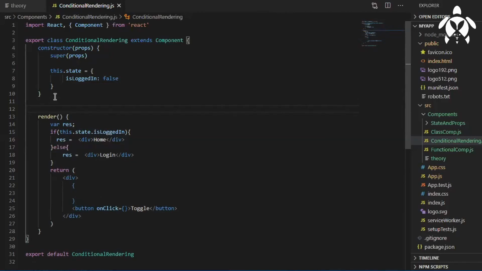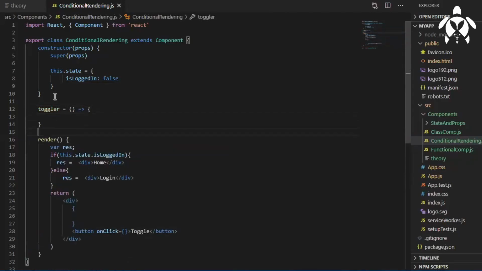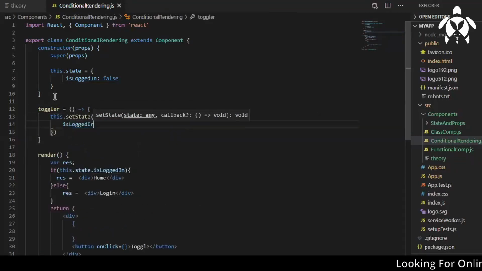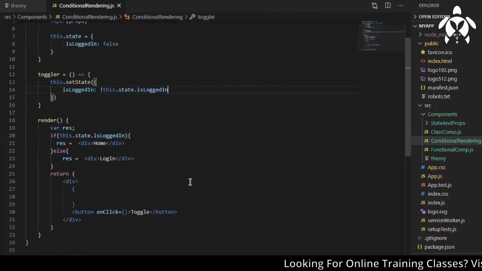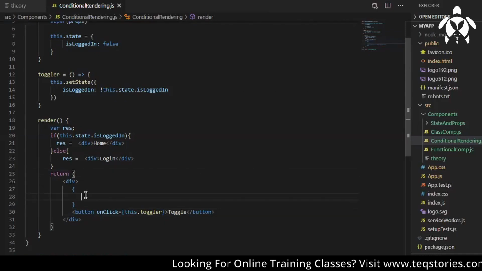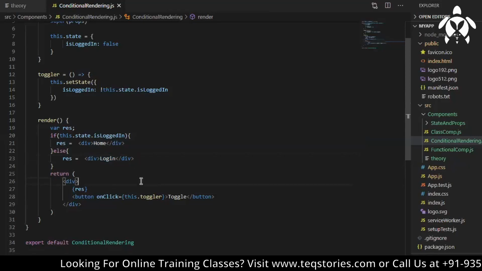I'll write a toggle handler and update the state: this.setState isLoggedIn, not isLoggedIn, and call that function here. By default it should show login, right?